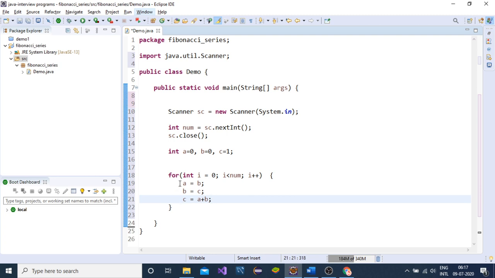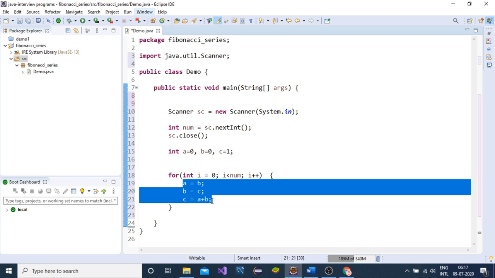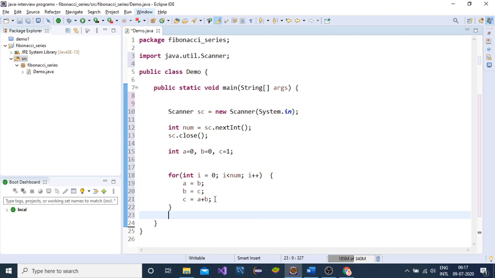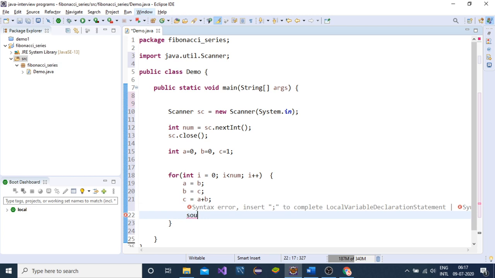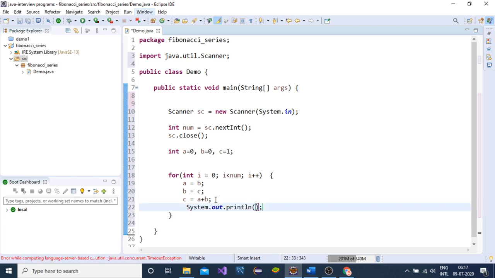So these three lines will be responsible for providing us the series, and we will print a every time. The first time the value of a will be 0.